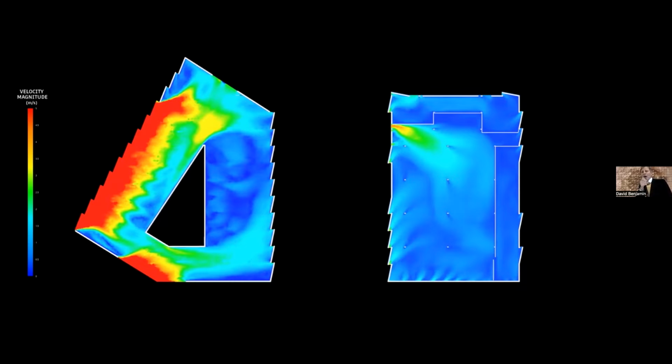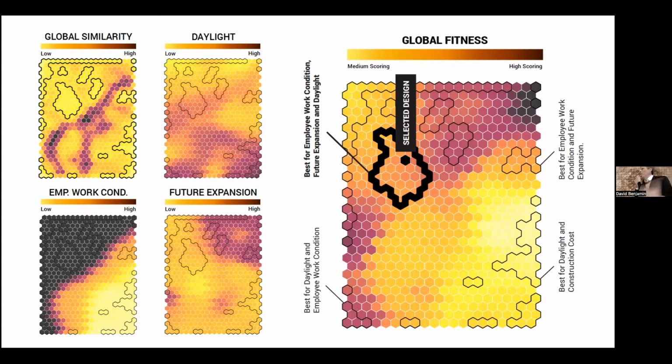There are a number of other things that we were able to do once we have this big data set of designs. Once you think of design as a data set, and this approach, which is slowly loading on the computer, is basically a way to take something like a 10-dimensional data set. Remember, I showed you 10 different goals for the project, some operational, some financial, et cetera. And you kind of compress that into 2 dimensions so you can start to try to understand it with your human mind. A 10-dimensional data set's pretty hard to represent graphically, to understand with your mind, but there are ways to do it, including this approach of reducing the dimensions and grouping different designs.